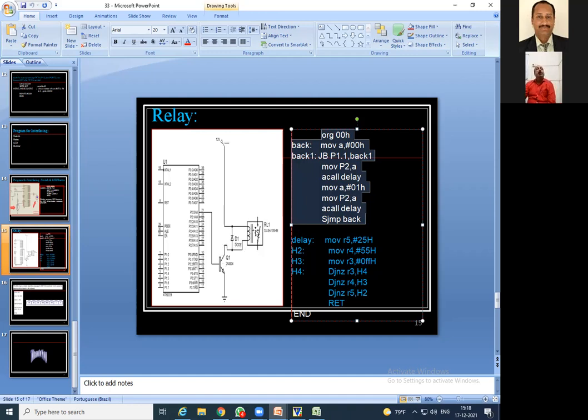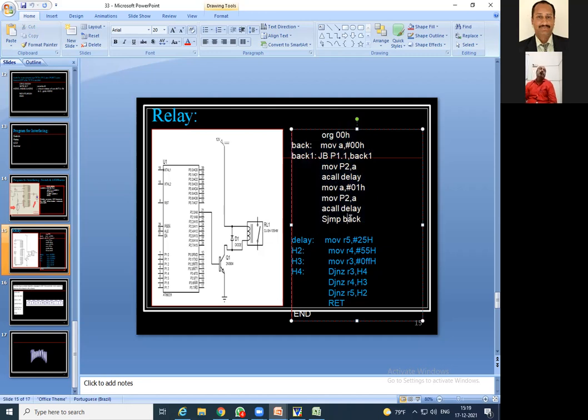You cannot directly connect the relay to this output because it requires higher current and voltage parameters. So through the resistor and the transistor, you are supposed to raise the current and connect to this relay. This is how we can write the code, or you can go through this coding.